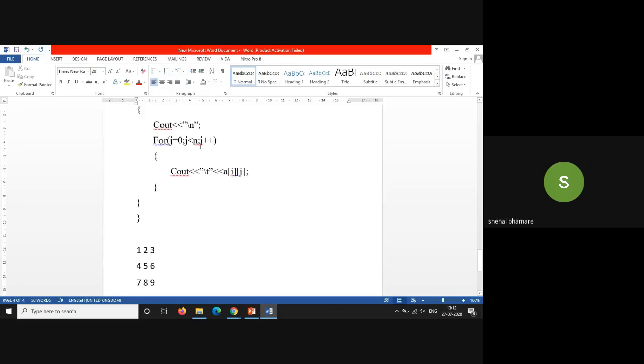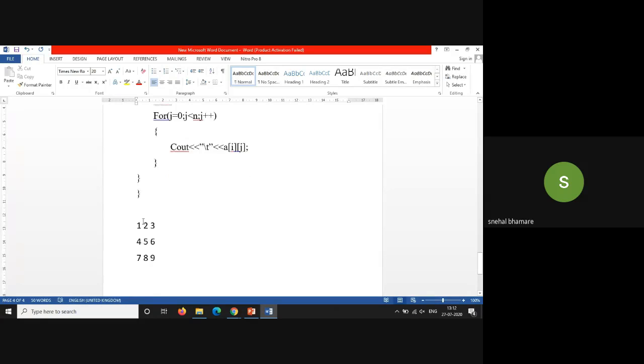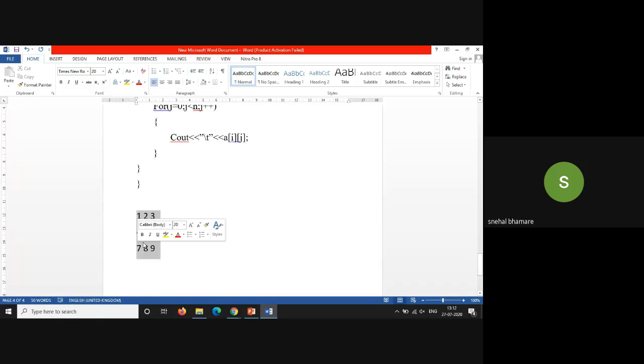Again j will be initialized to 0 to n, display the elements with the slash t or the space, and once this value is achieved, it will terminate the inner for loop, then it will increment i to 3, again the condition will terminate, so this for loop will terminate and your main program will terminate, displaying your output as this matrix.